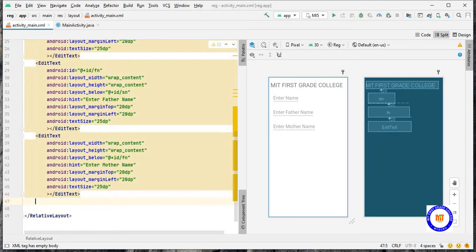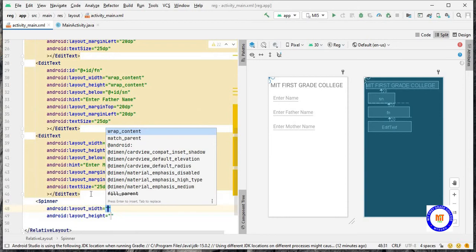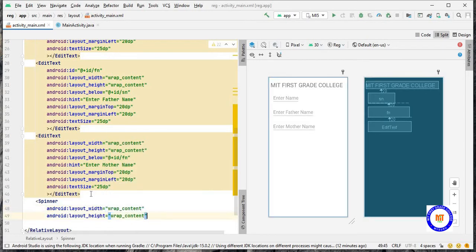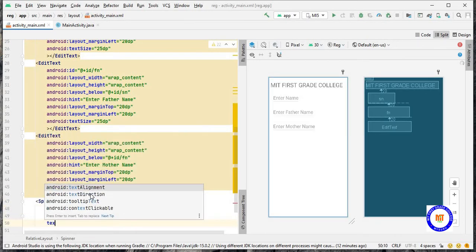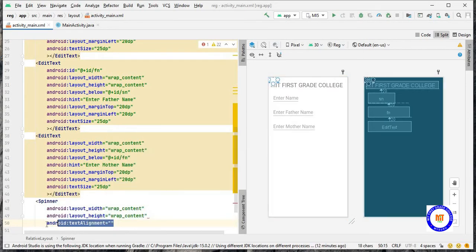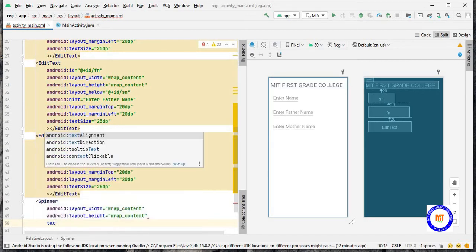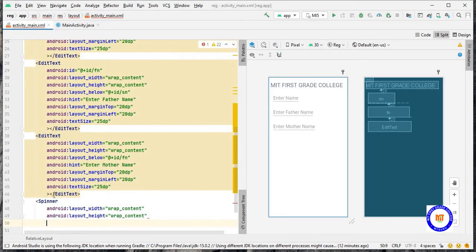Below that, I'll take a spinner for showing the courses offered. So I'll take the spinner. Let this be wrap content. Wrap content, and it has to align below the mother name.